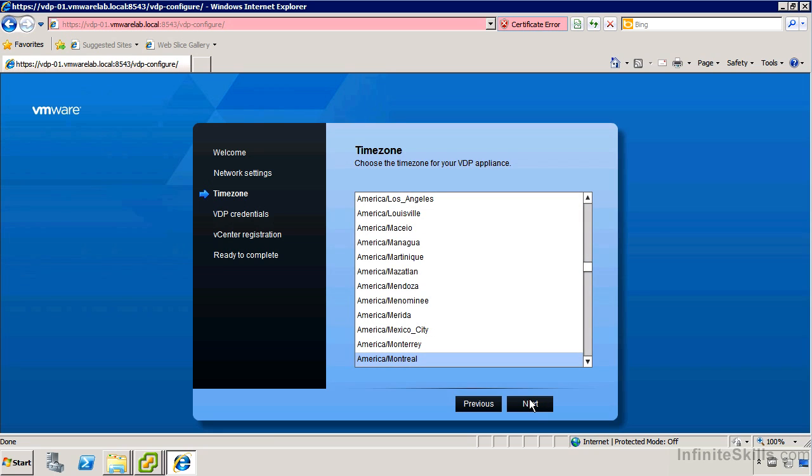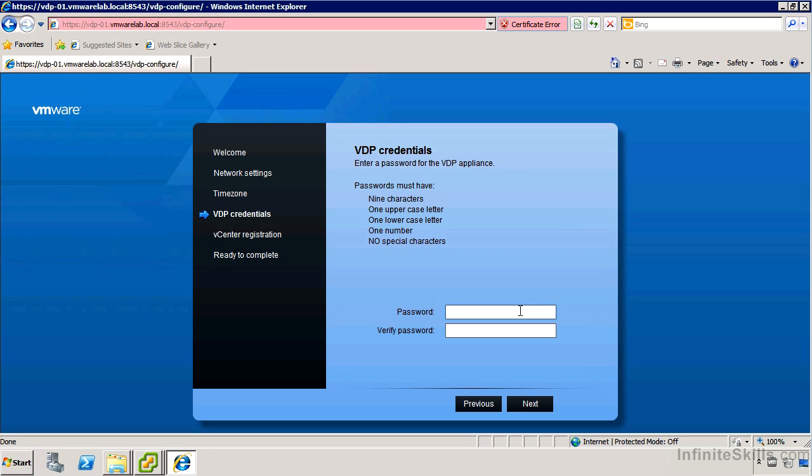So I did have a bit of difficulty when I initially set that up because I'd created the DNS record after the fact. So I had to restart the appliance in order to get it to pick up this new record. So that might have to happen here as well if you've gone ahead and brought it up before you had it registered in DNS. So I'll just choose my time zone, and then I'll provide the password to use for